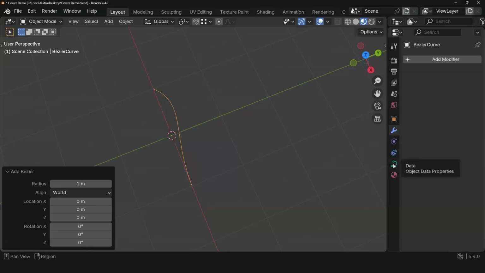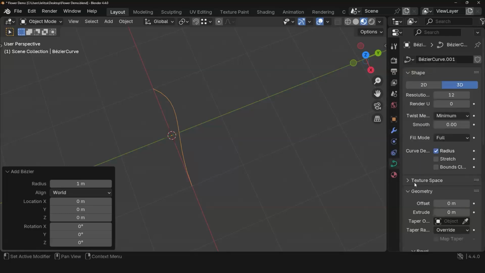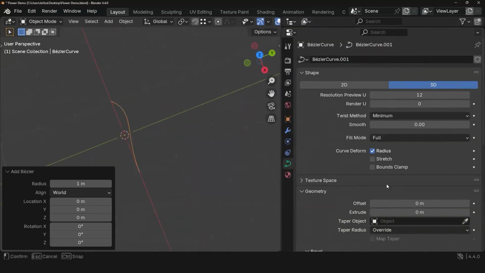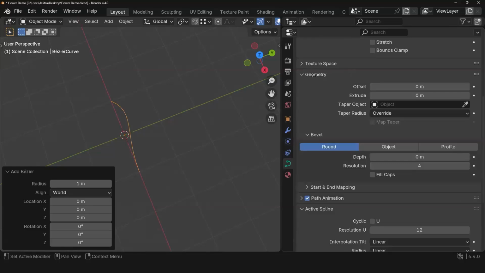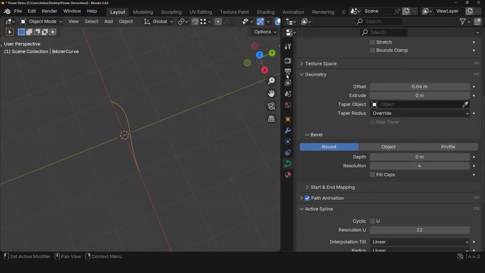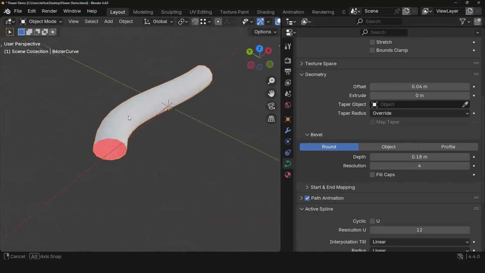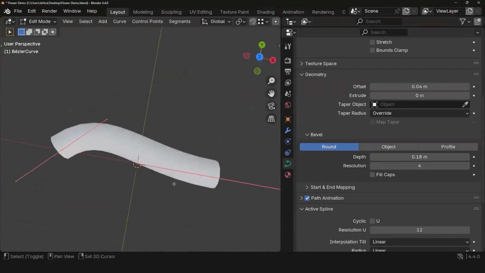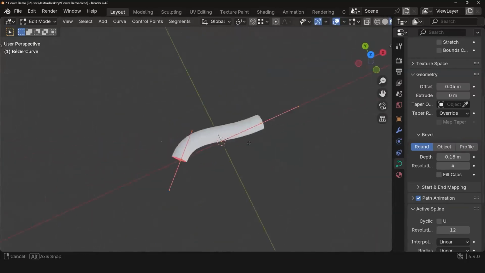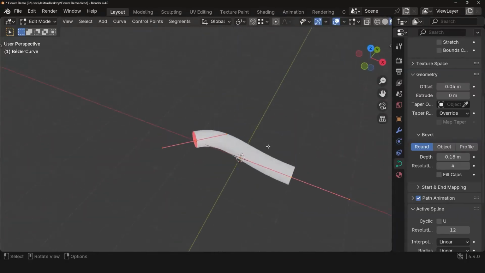to this data tab. Then I'm going to go to bevel, and then I'm going to bring this up. And as you can see, now I made a tube. And what's cool about the tube is if I press Tab, since it's not converted yet, I don't see that curvy green line on my